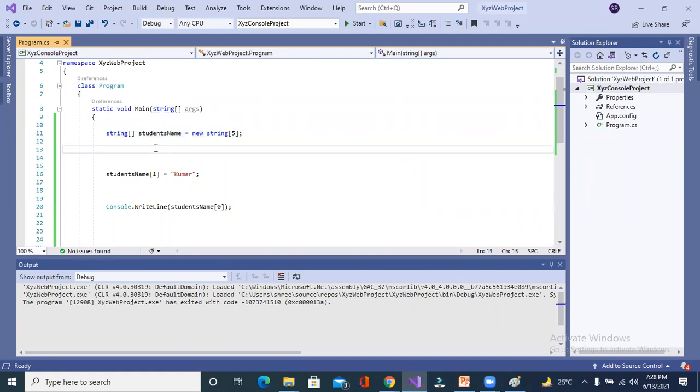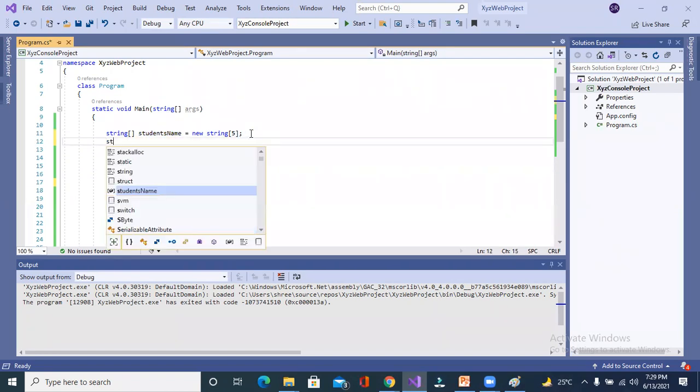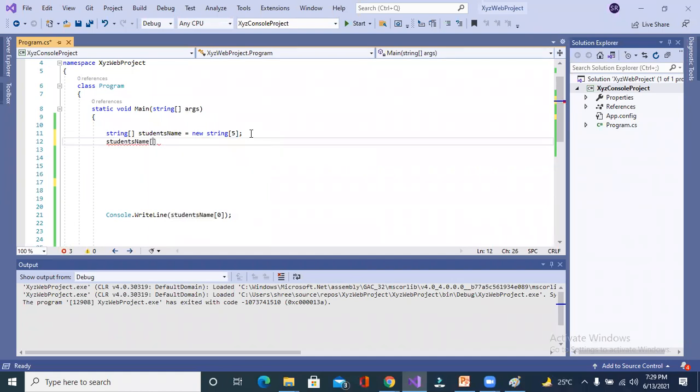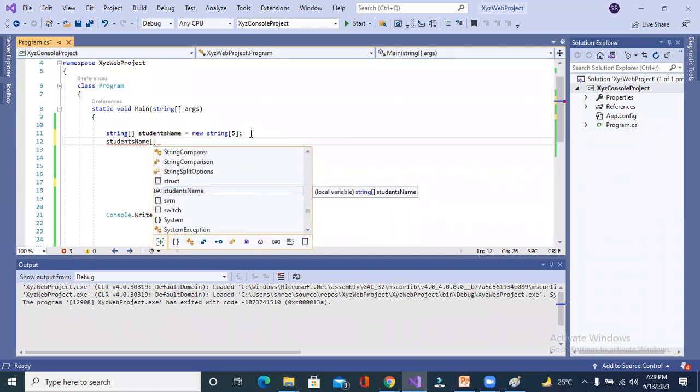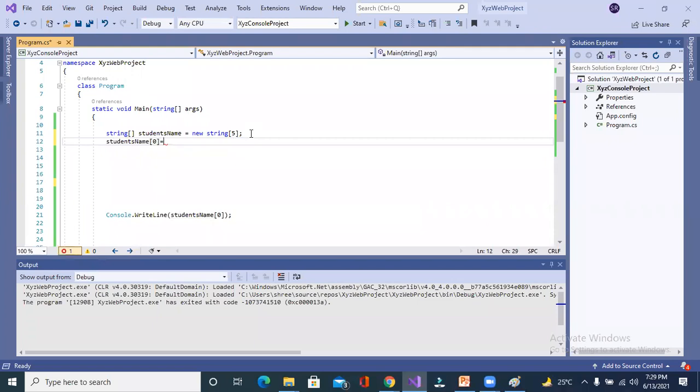Now I am going to learn the backbone, that means loop. Suppose I created one array and the length of the array is 5. So it means we can store the result of 5 students. For example, Rakesh.